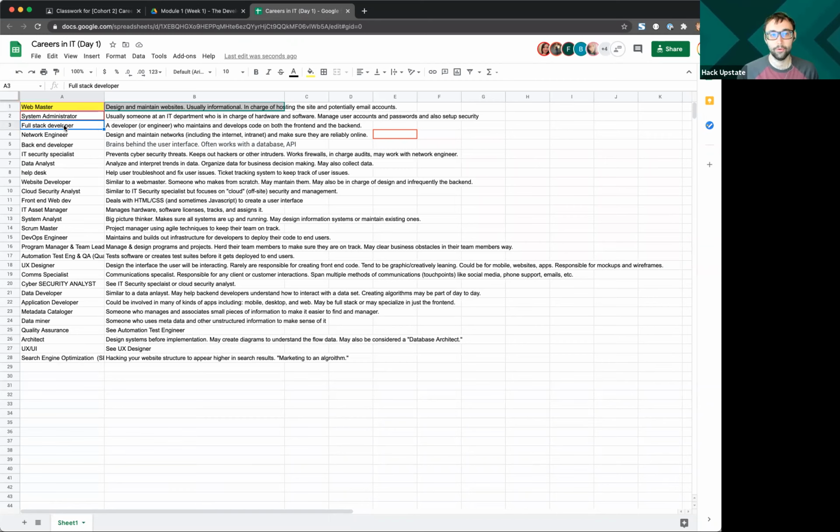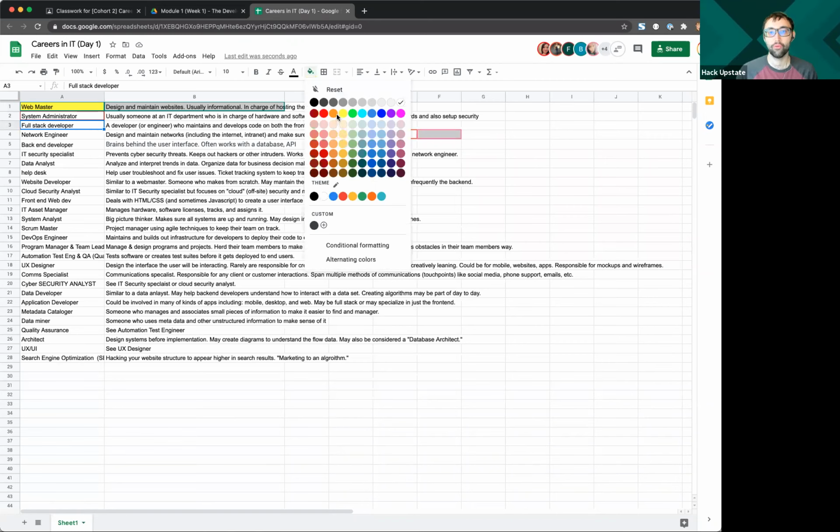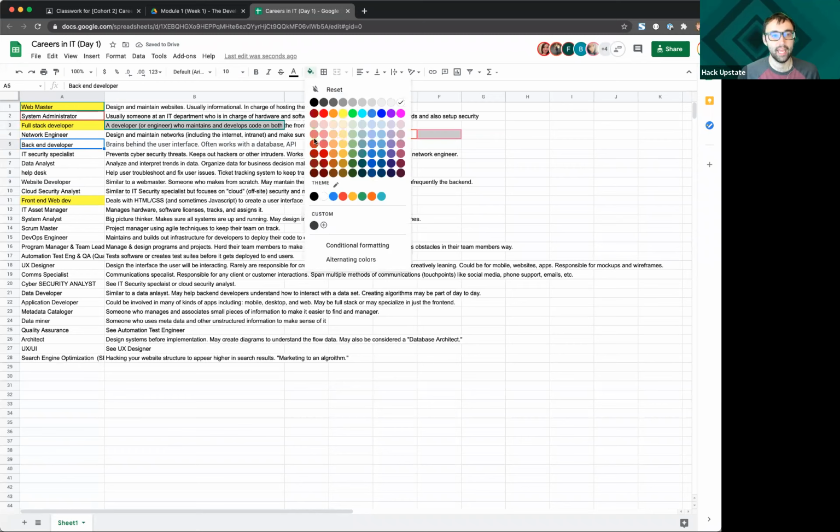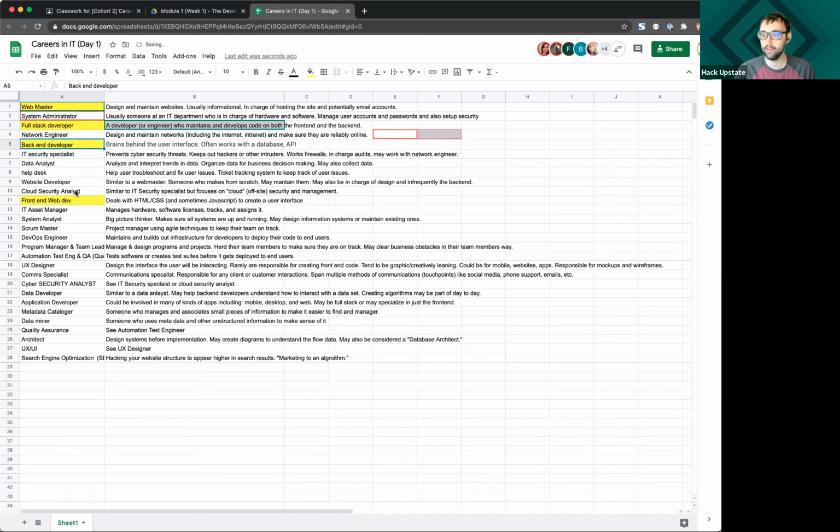Full stack developer is probably the most accurate job title that you could come out of Careers in Code as. And the reasoning for that is because we are going to teach you how to become a front-end web dev. And we're also going to teach you how to become a back-end developer. And all a full stack developer is someone who is both front-end and back-end, right? So you need to make your screen bigger. Oh, sure.